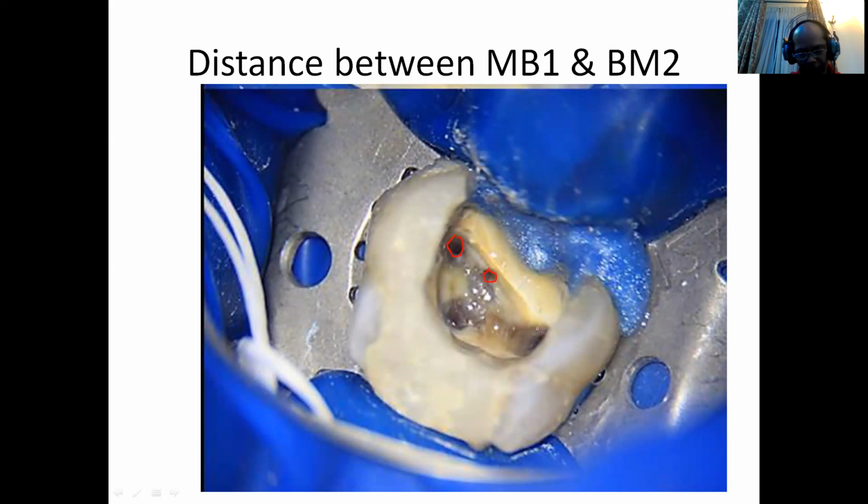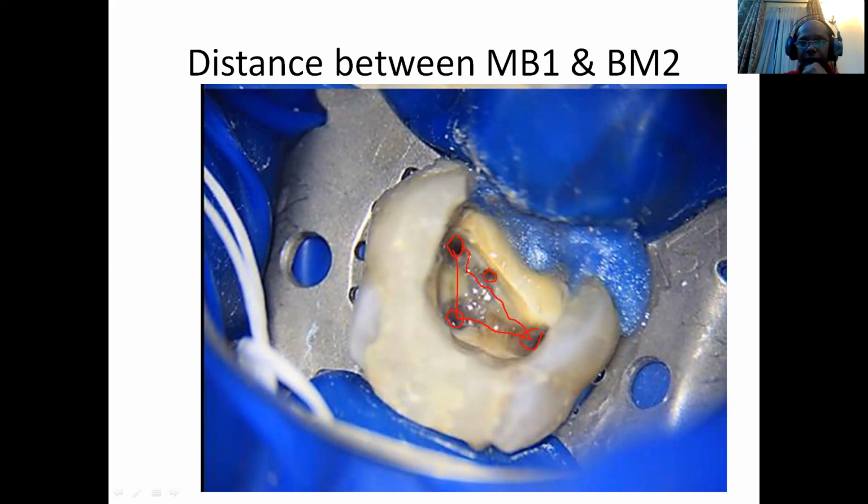This is the palatal canal, and this is your distal canal. So this makes what they call the molar triangle. As these lines, even the lines are present here, and the grooves which are here.